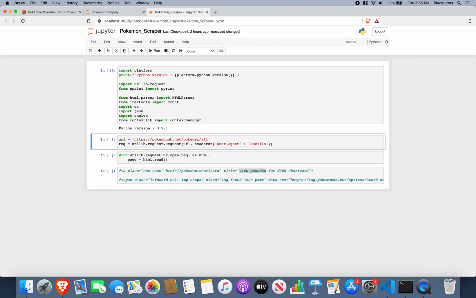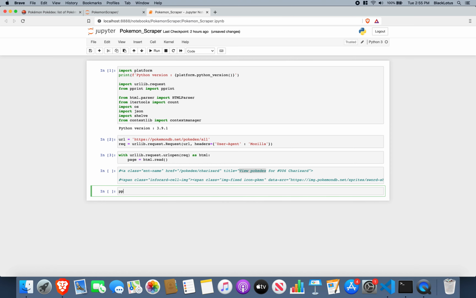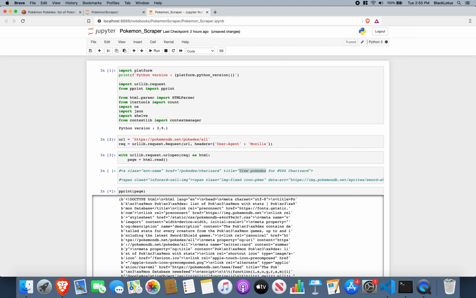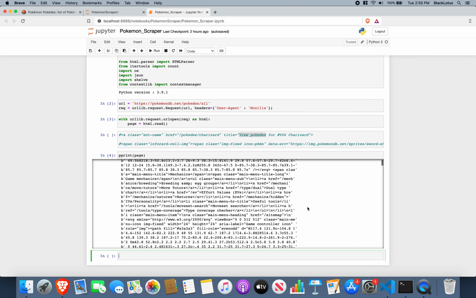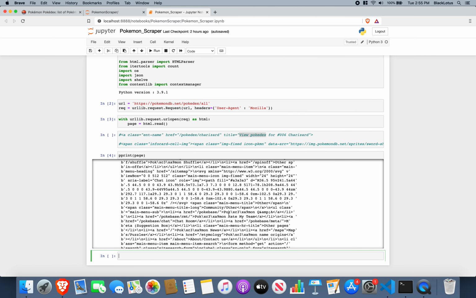Now, the version of Python I'm using is 3.9.1, and to help me with this scraper, I've already set up a couple of cells. I've set up my URL and my request object, and I am going to pull the HTML page down. And I've already taken a look at the HTML, but just for reference, I'll go ahead and pretty print this. And this is what the HTML looks like,